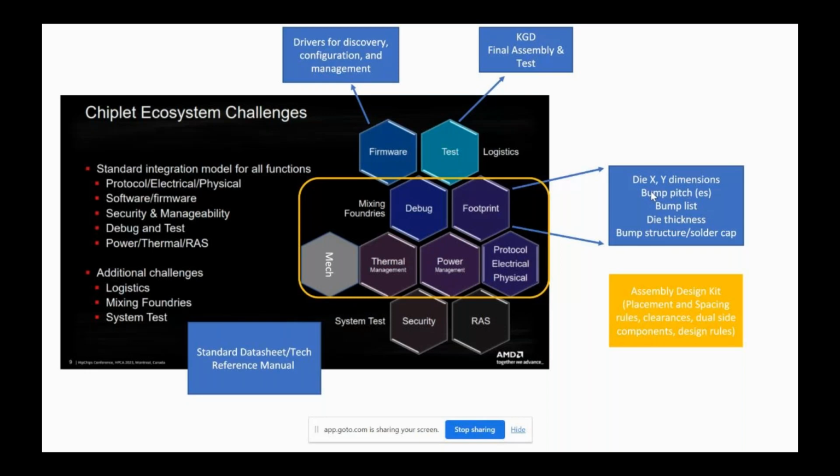Sorry to interrupt, but one thing I would say is, to the question you raised: if you're doing a chiplet-based design, you first have to know what system you're trying to build. Saying "let me look at all the chiplets there are and decide what I want to build" may not be the right approach. Right, right.